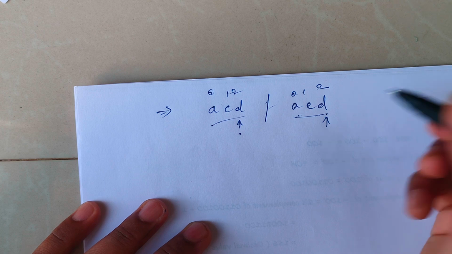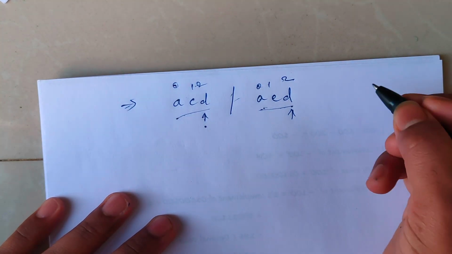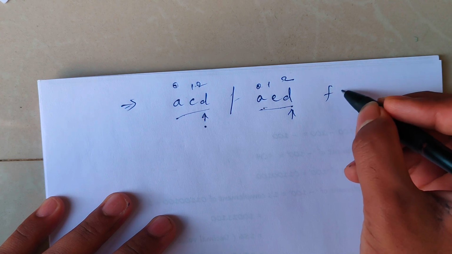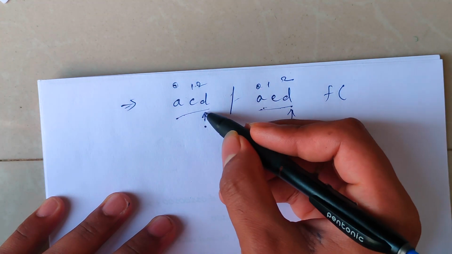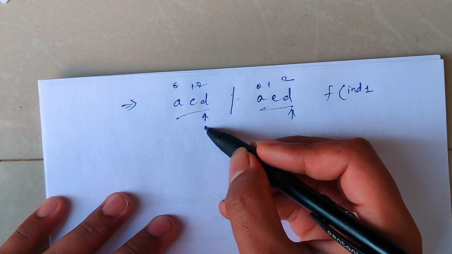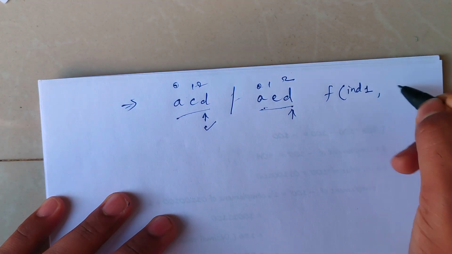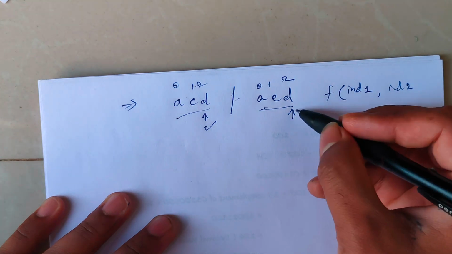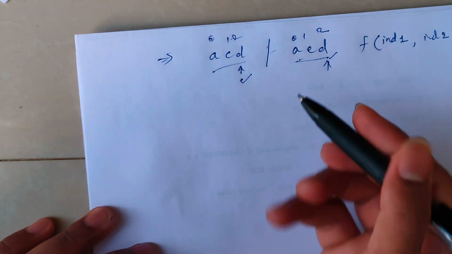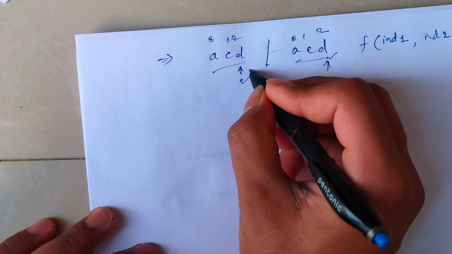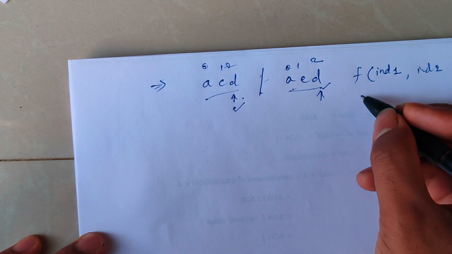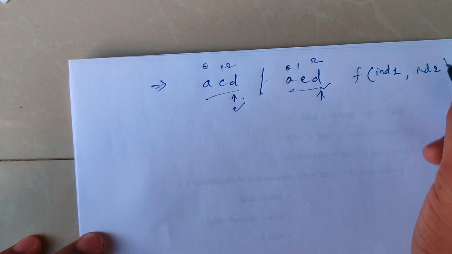So the solution function could be expressed in terms of a function with index 1 for the first string and index 2 for the second string, right? So what does this signify? This function signifies that